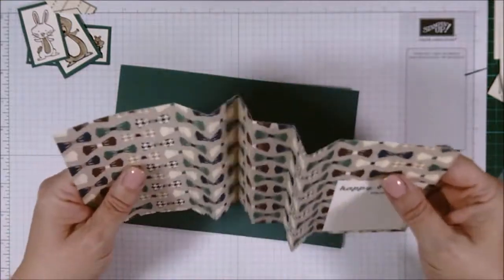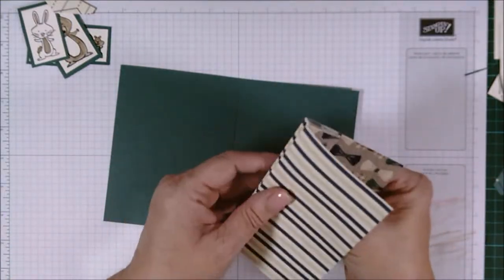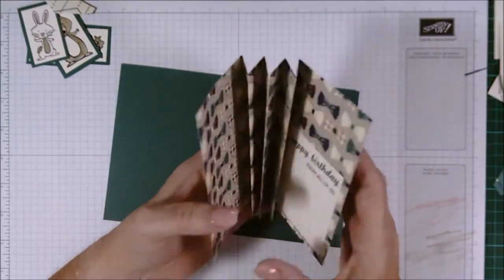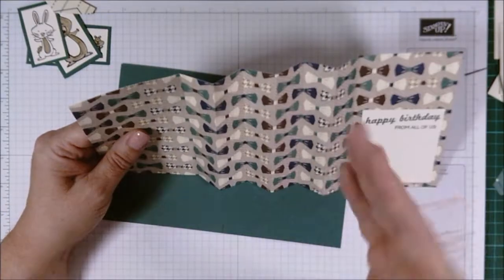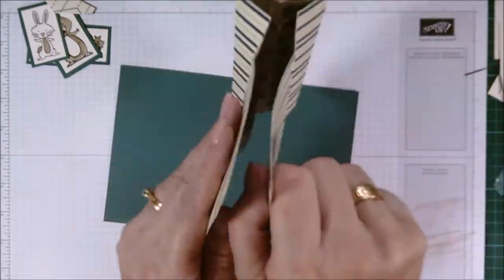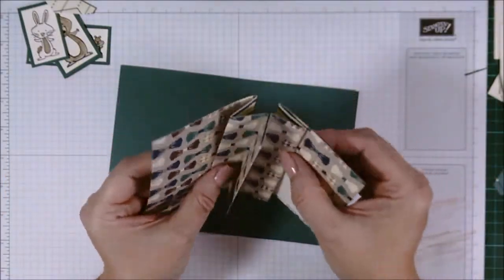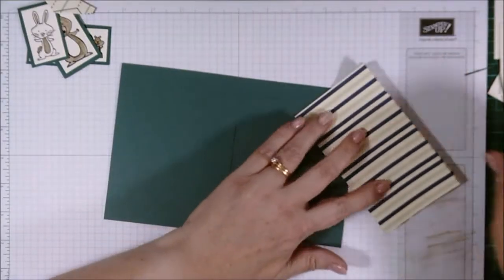Now we squeeze all of these up together. Once we've put all the scores in and creased and folded, you're going to end up with a piece that looks like that. So that centre score mark, instead of folding it away from you like we'd normally do, you fold it that way, and then just concertina the rest so that it sits like that. Now make sure you've got it up the right way,